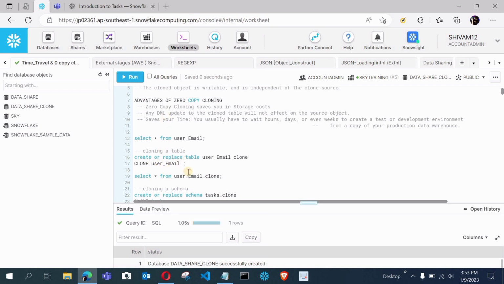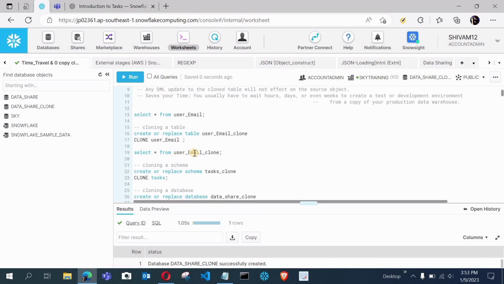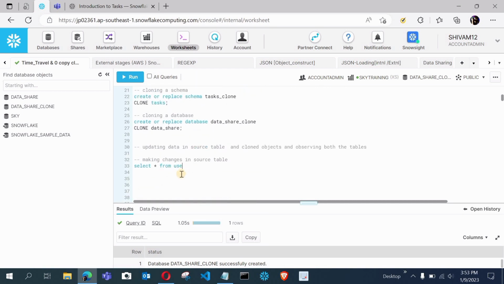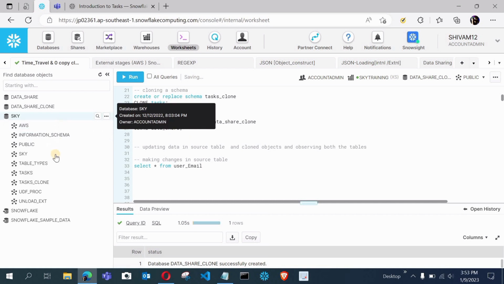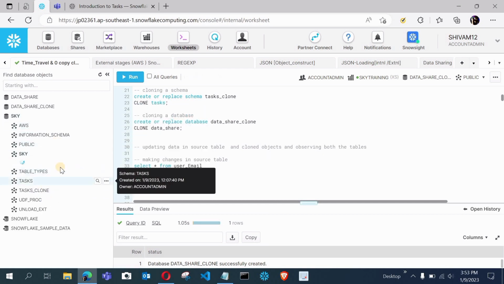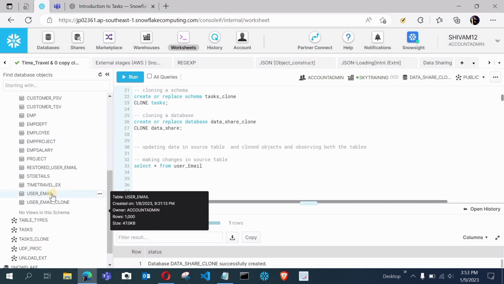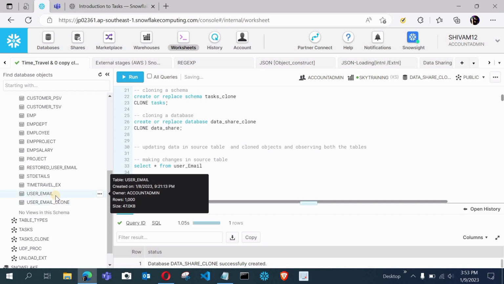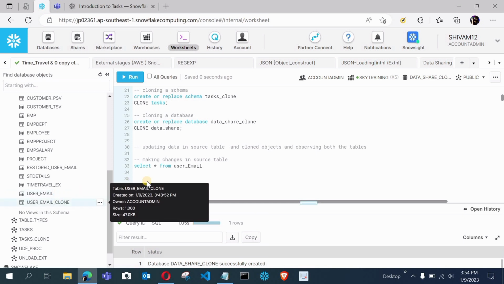Let me see the data from the original table. Let me maximize this sky database and sky schema. Here we have the cloned table; this is my source table and this is my clone table. My data is successfully cloned, and we have 1000 rows in the source table and 1000 rows in the clone table.